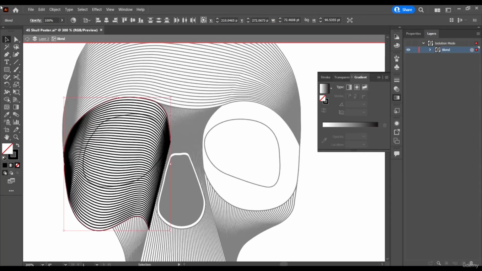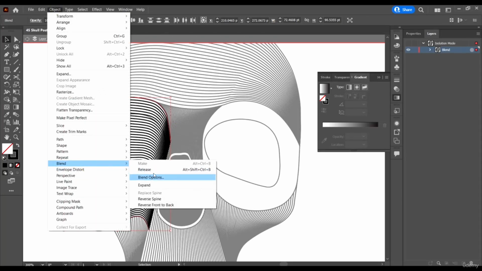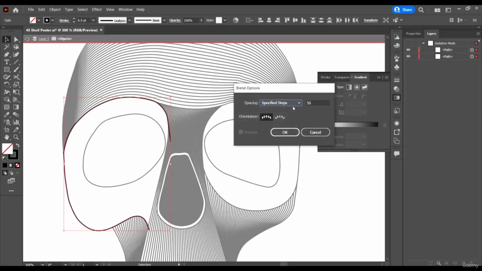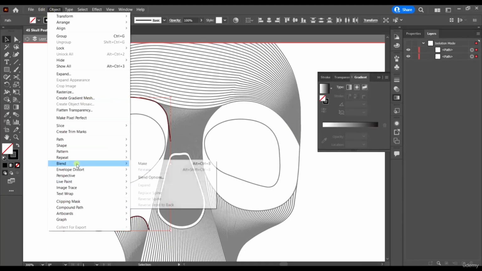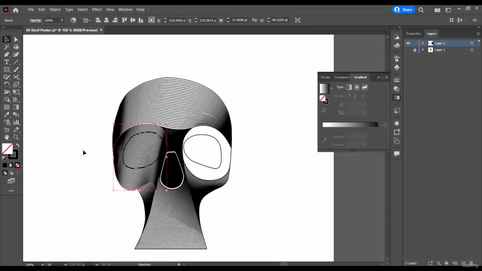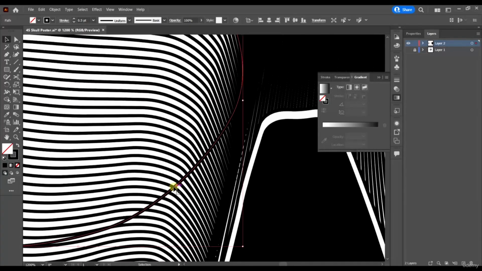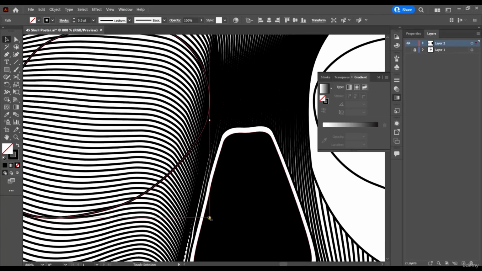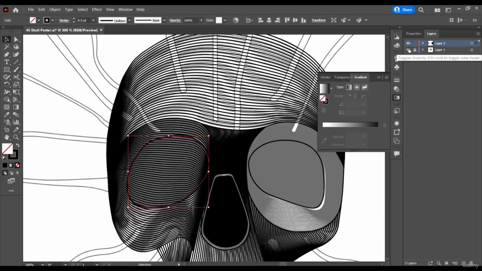Okay. So I'm just going to release them and make them, and make it 60. So blend and make 60. So I'm going to work with 60. So hitting escape, I've come out of my isolation mode. So select this guy and Control C, Control F, and kind of just reduce the size like this. Okay, let's just see what we have.